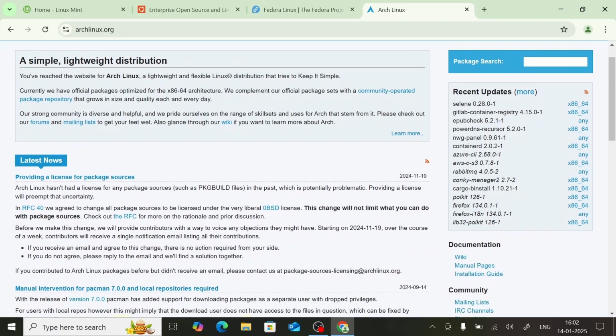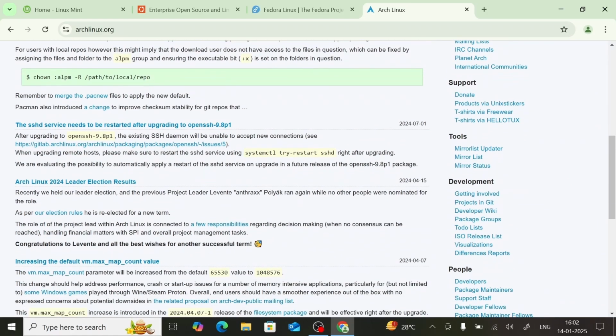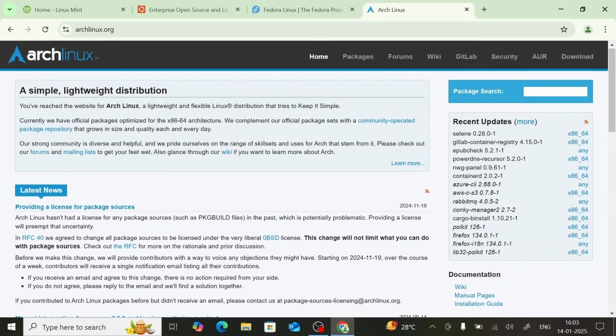Even when I was giving an exam back then, Chrome crashed. I was so shocked. So you can get anything anytime unexpectedly.